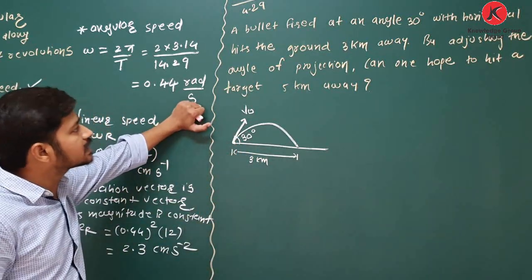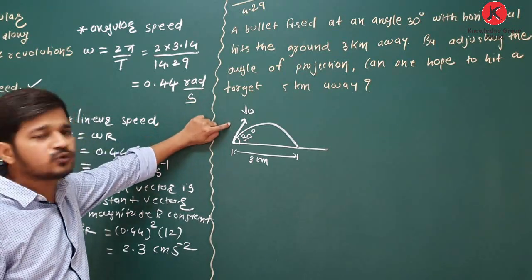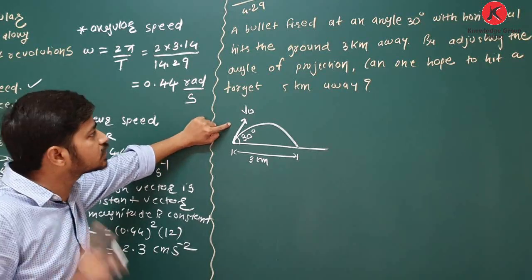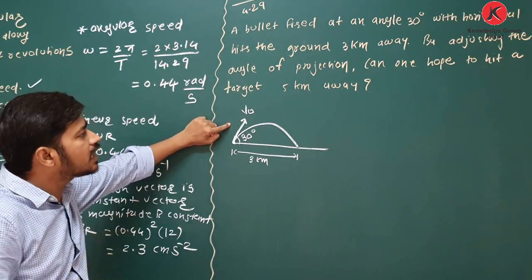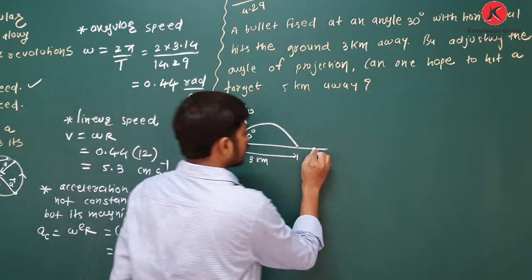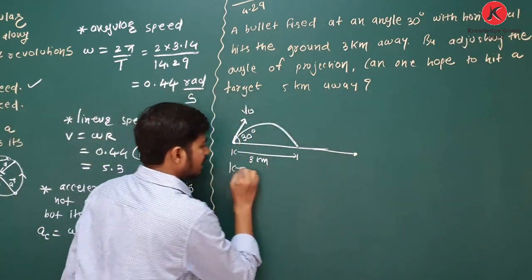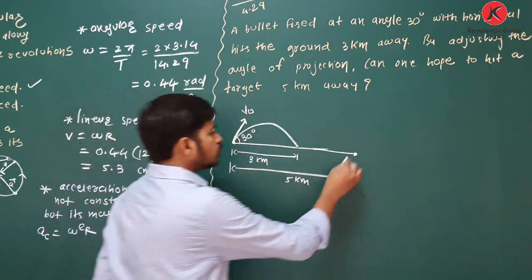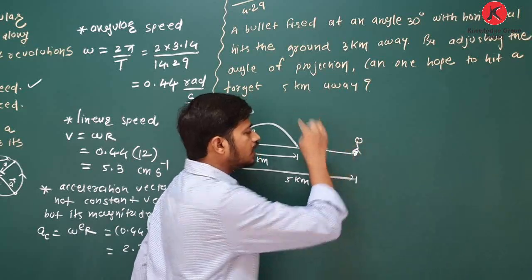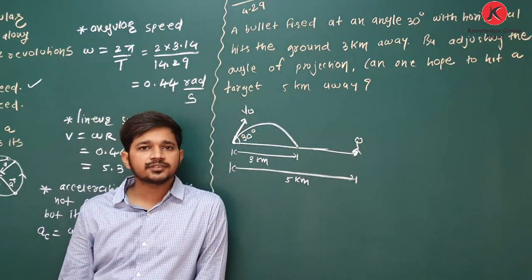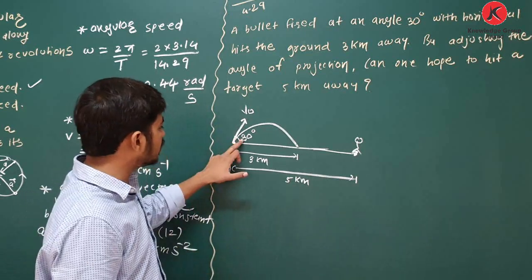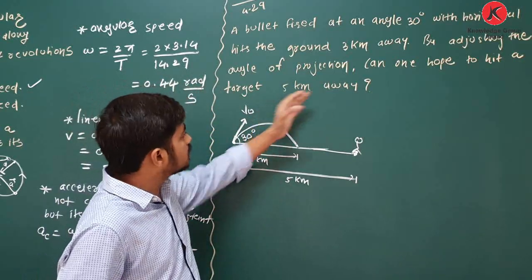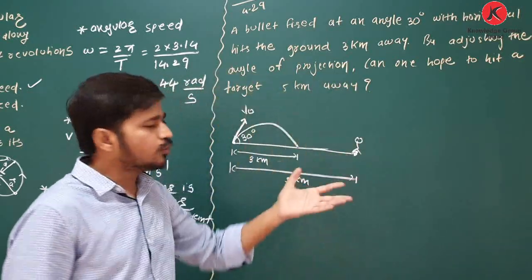Okay. By adjusting the angle of projection, keeping velocity the same, can one hope to hit a target 5 km away? If the target is here at 5 km away, then is it possible to hit this target? It is your question. Now see, you are given only two data. How to solve this question? If you are asked whether one can hit a target 5 km away or not,